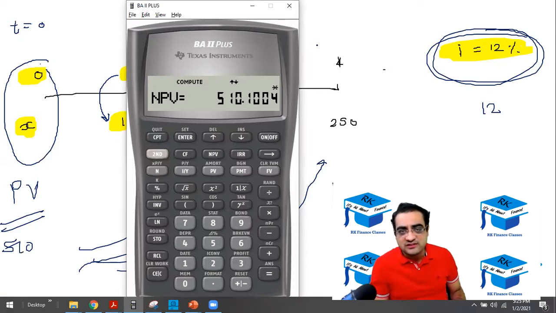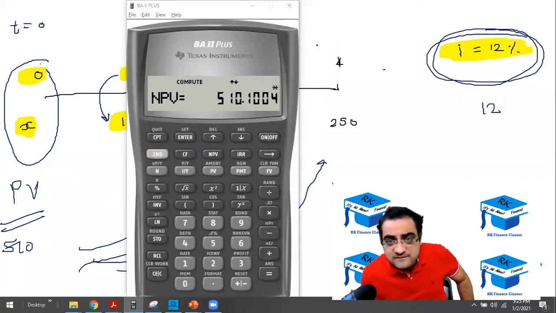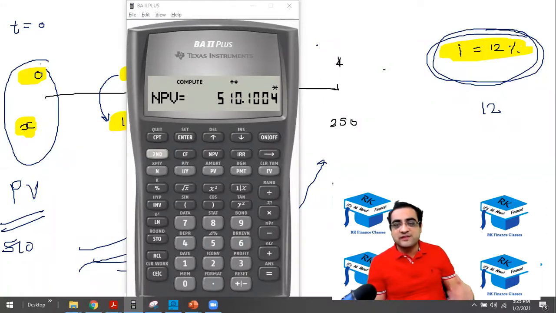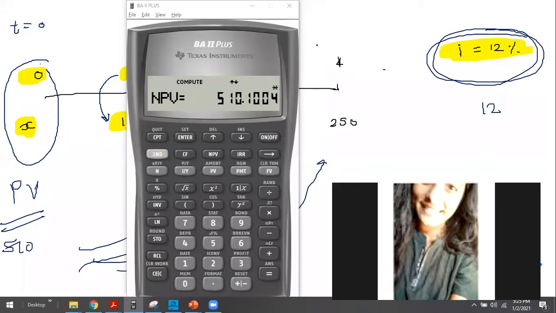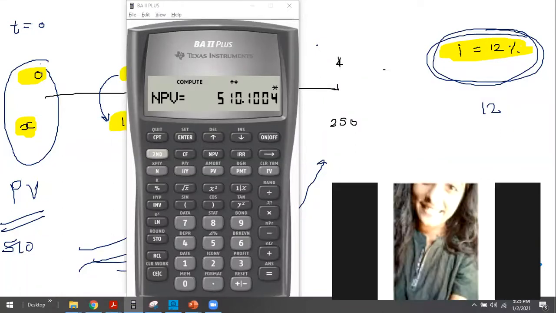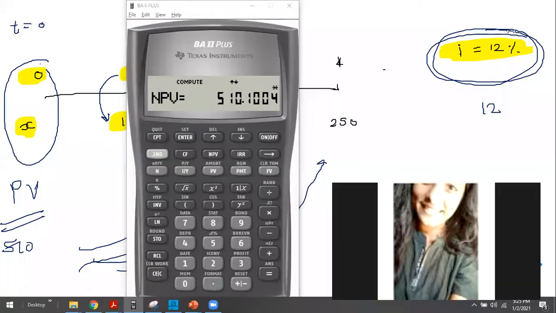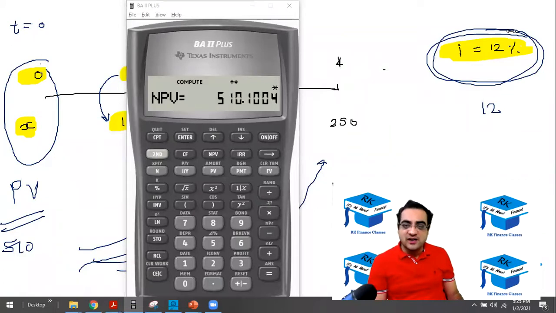Anjali, did you get 510.10 now? And others, did you get 510.10? If yes, then you can lower the hands. Before computing, I got 510.1004. Same answer, 510.1004. That's right. But before computing, I got it. Because that is what was already there. If I press NPV and scroll down, it's there, it's okay, but you have to still press CPT. Without CPT, your answer is not done. It's the previous answer that you're seeing on the calculator. Okay, sir. Got it. You have to ignore that previous answer and still calculate it. Aditya, is it clear to you?